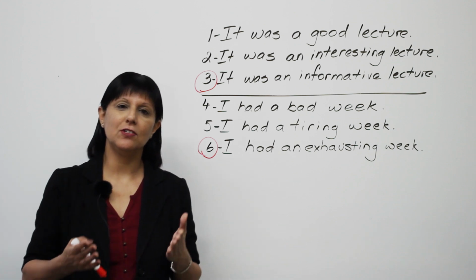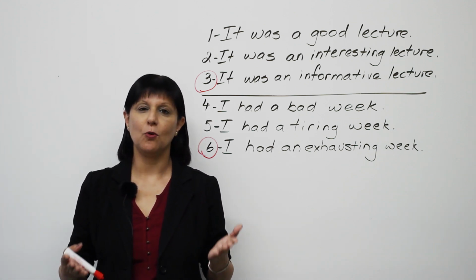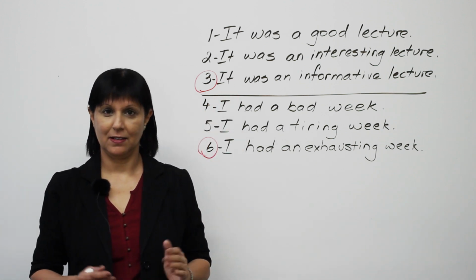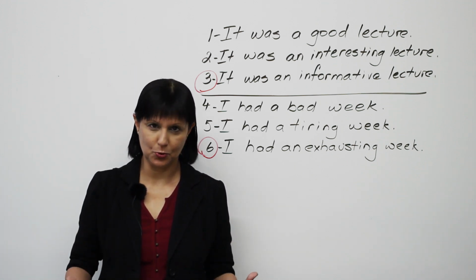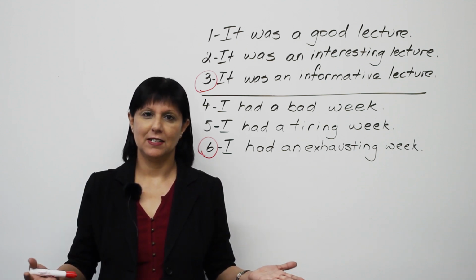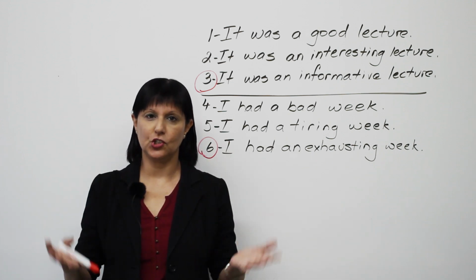And what I'd like you to learn in this lesson is to use any words when you're speaking or writing other than good or bad. Why? Because good and bad are overly used. They're rather boring words and they're not very descriptive words. They don't tell us anything specific. They're very vague. They're very general.